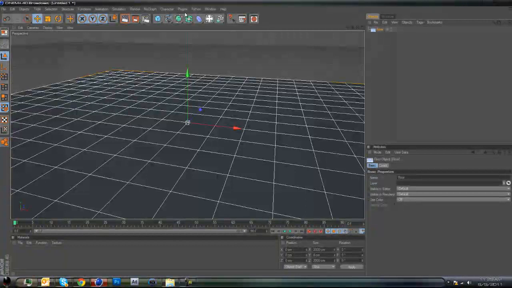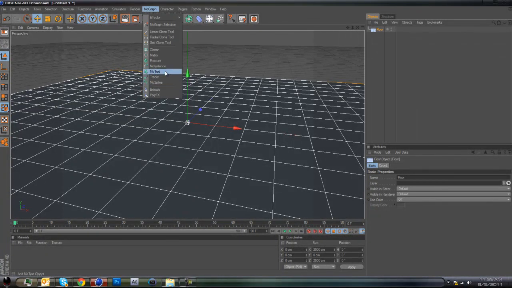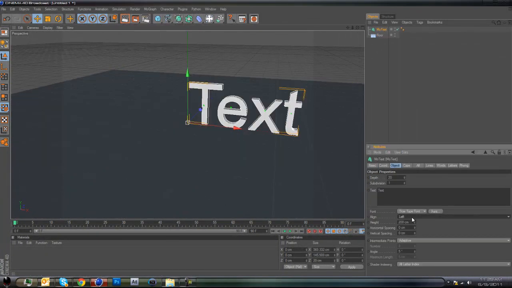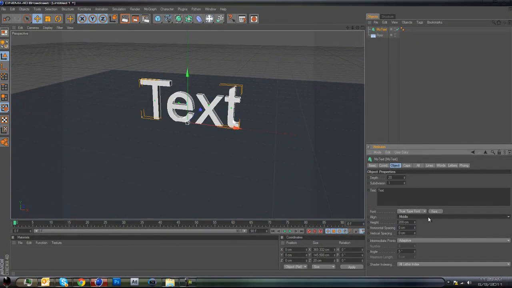After you do that, you're going to go to MoGraph, MoText, and you're going to make sure that this is middle. You always want your text in the middle. That way everything's aligned, and you're going to do whatever you want. I'm going to do NoSa,